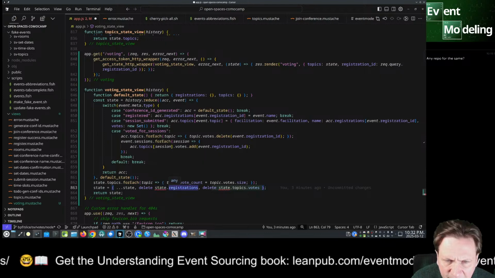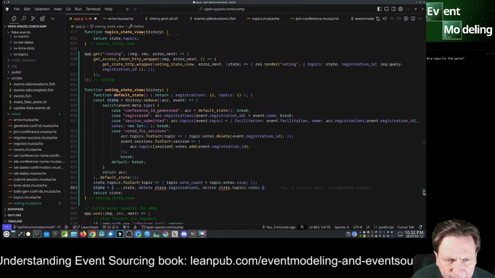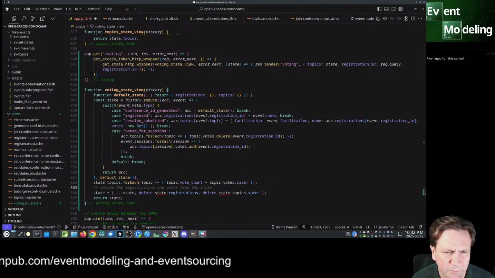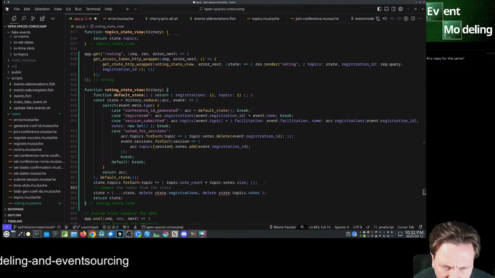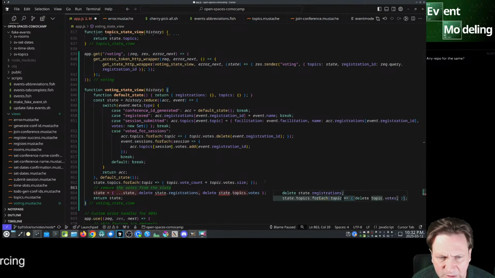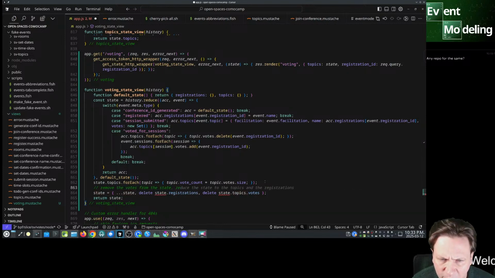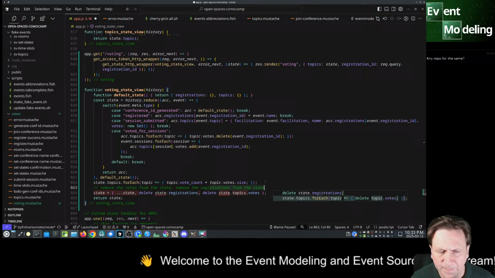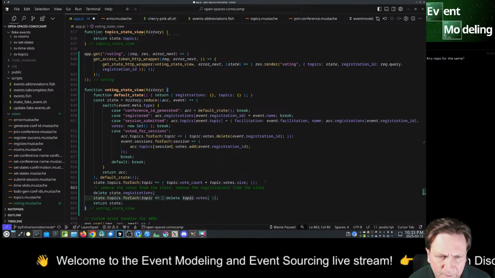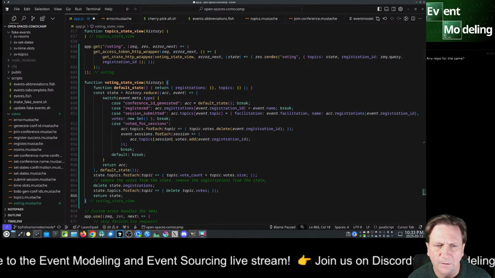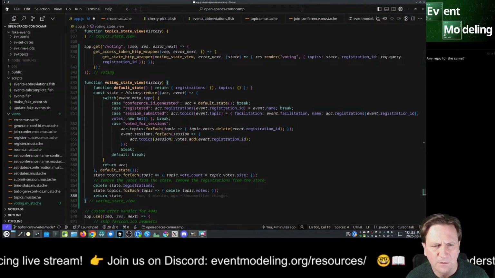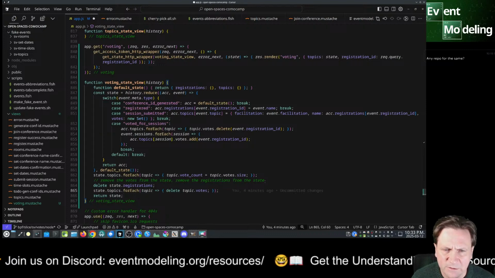I don't know if that's correct. I can just remove the votes from the state, remove the registrations from the state. Yeah, that's it. And so now we can return state, but